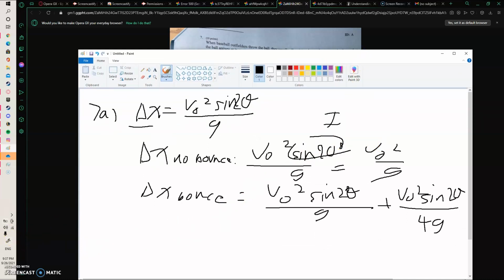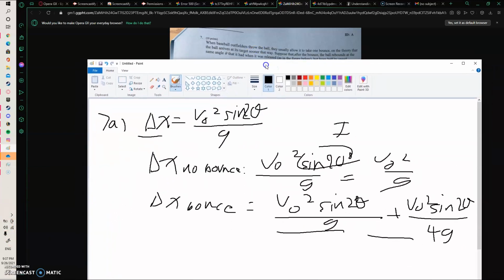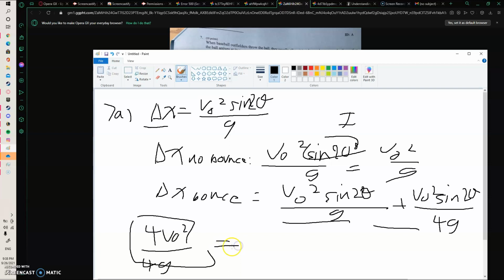And then we just add these two together. These are like the two separate bounces. And what you actually just get for g, you get v naught, this, you get this because everything cancels out. And then you should just end up with 4 equals 5 sine 2 theta, and then you get theta